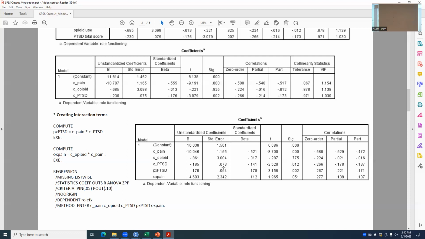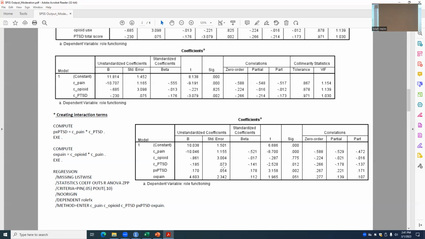Is it for every 1 unit increase in role functioning, we have a 10-point decrease in pain? Flip that around. Sorry, for every unit increase in pain, we have a 10-point decrease in role functioning. Right. Okay, so exactly right. Only thing I would tack on to the end of that is holding everything else constant at 0,